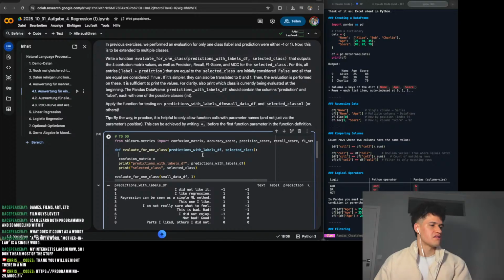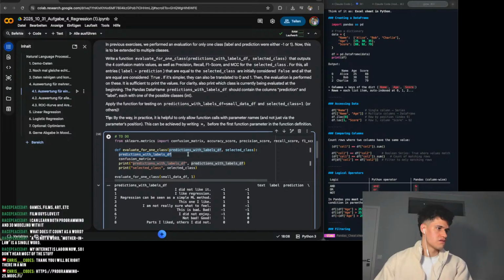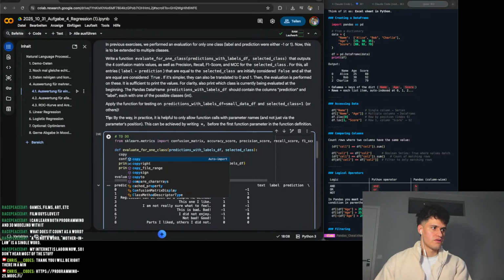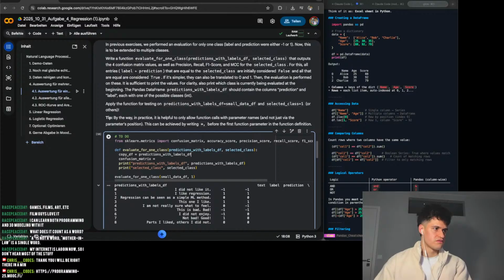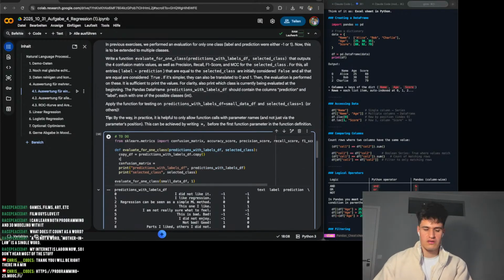So we clean this and we do in this prediction label data frame copy data frame equals to this dot copy. We copied first to not make any crazy changes, and then we